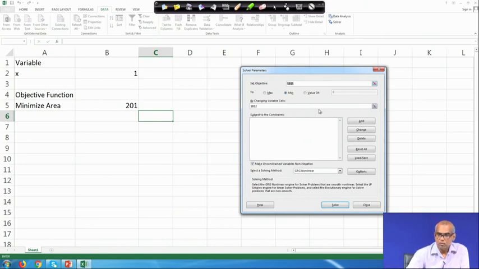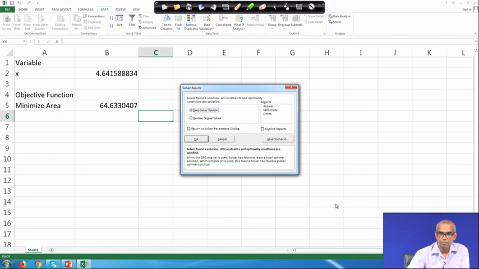So, now you are ready to solve the problem, hit the Solve button. The Solver Results are shown in this dialog box. It is written here: Solver found a solution.